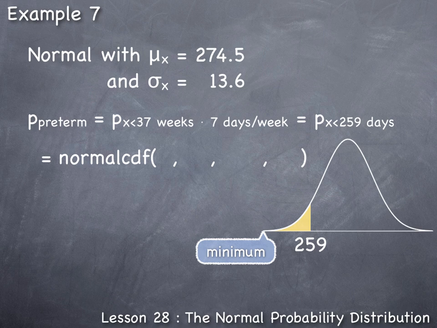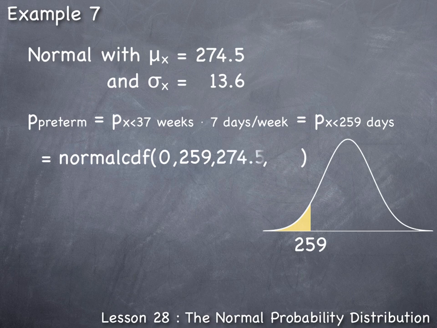But actually, duration is a time, and pregnancies can't last a negative number of weeks, so at a minimum we could use 0. All the way up to U, in this case up to 259 days, is our upper limit. Comma, the next number is mu, the mean, which was 274.5, comma,